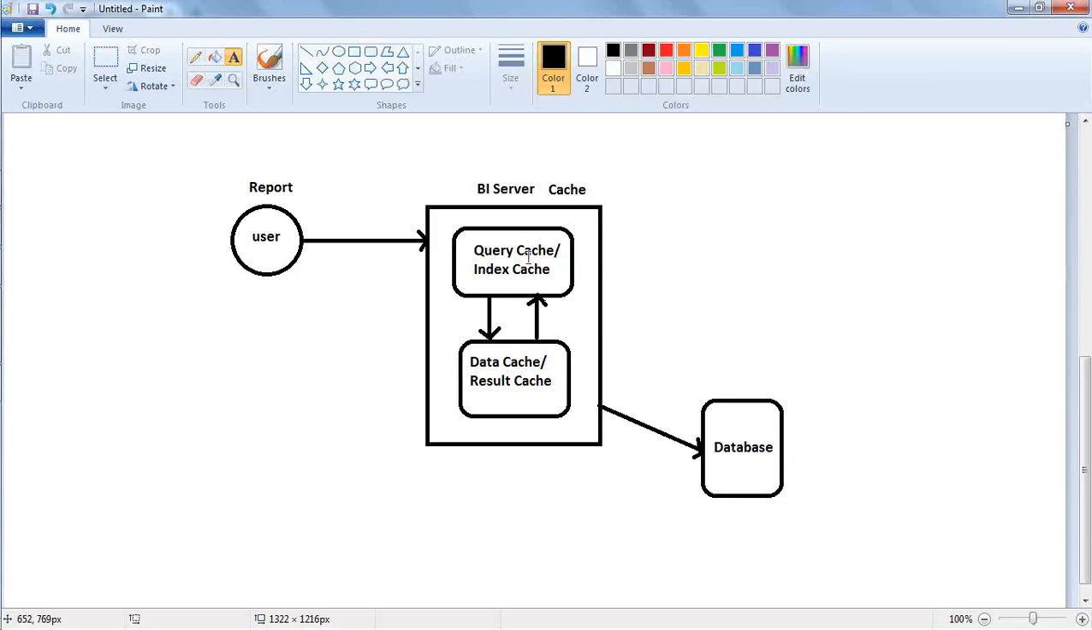The query exists in the query cache. If the query exists, then what happens? It will automatically go to the data cache and pull the cache information in and display it to the user. Suppose the query doesn't exist,